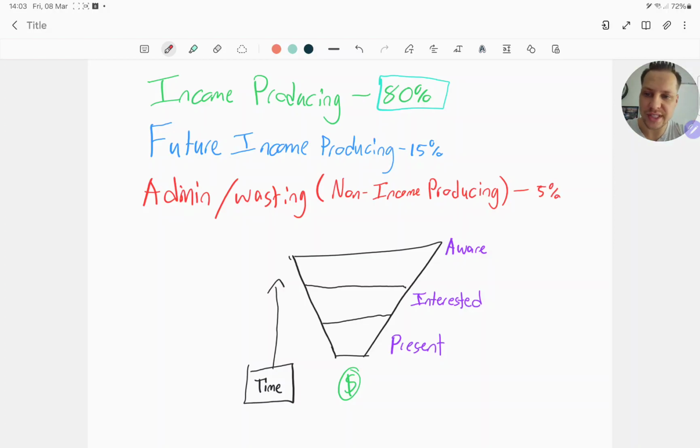Essentially, you want to outsource that. But in the beginning, when you don't have money, you're handling all of this yourself. And you're also not going to be able to start at a point where you have the income producing activities to start out with. So where do you start? Well, you flip this around. In the beginning, maybe you're starting off at 0, then you're going to spend 100% of your time at income producing activities. 100% of your time, you're going to be creating content.